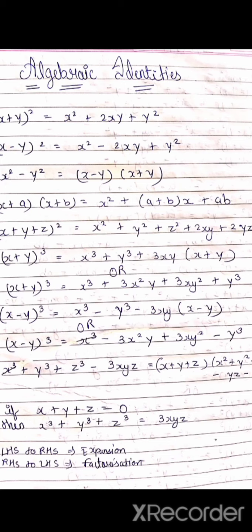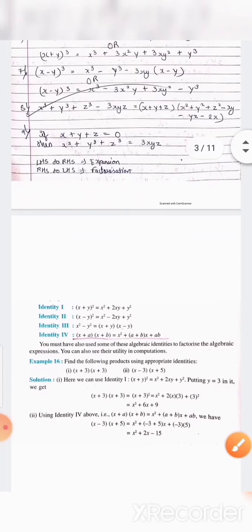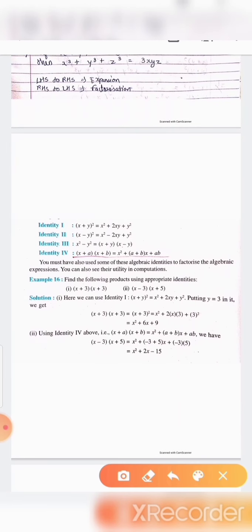From your earlier classes, you may recall that an algebraic identity is an algebraic equation that is true for all values of the variables occurring in it. You have studied the first 4 identities in earlier classes, and now the remaining identities 5 to 8 we derive and use for solving sums in this part. Starting in this part, first we use these 4 identities and solve some examples.